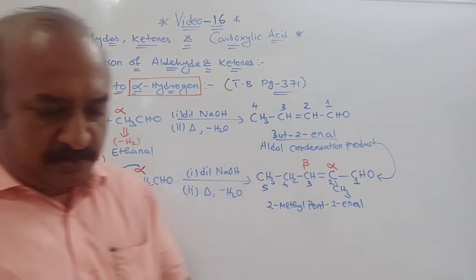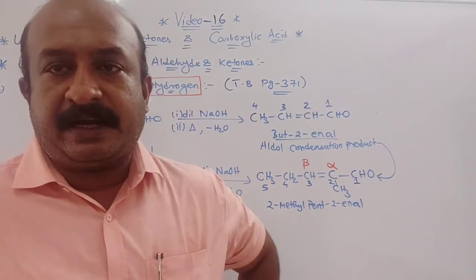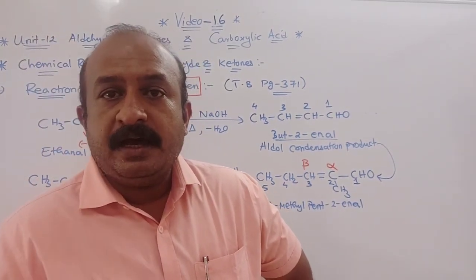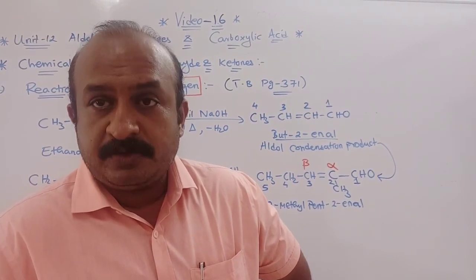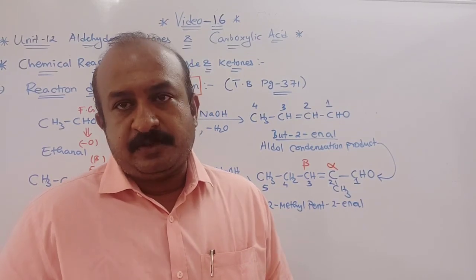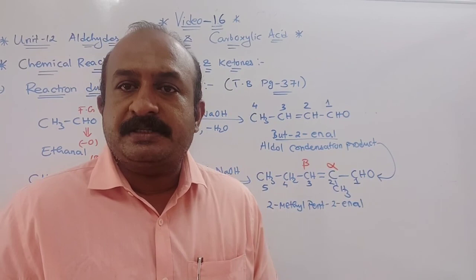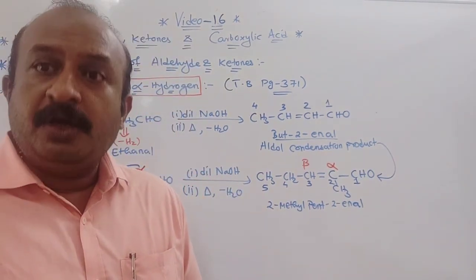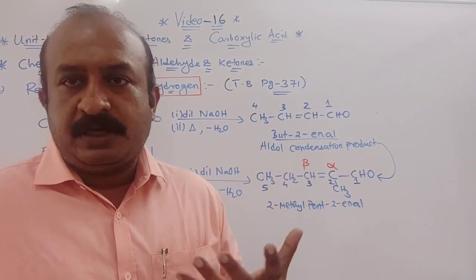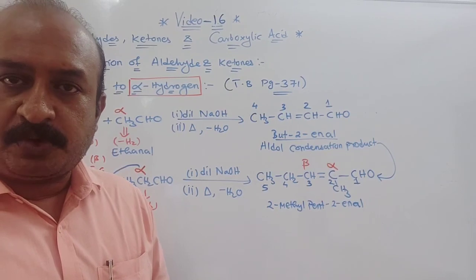Okay, it will be a little bit difficult, but easy to understand if you practice it and write. Same thing is the next topic, that we call cross aldol. What is the word? Cross aldol. Now what is it? That I will explain in the next video. You can practice what I said here, the shortcut methods and all, to understand what the aldol condensation products are, what the aldol products are. Okay, so the first two examples I said were aldol products. This direct method I explained is the aldol condensation product.